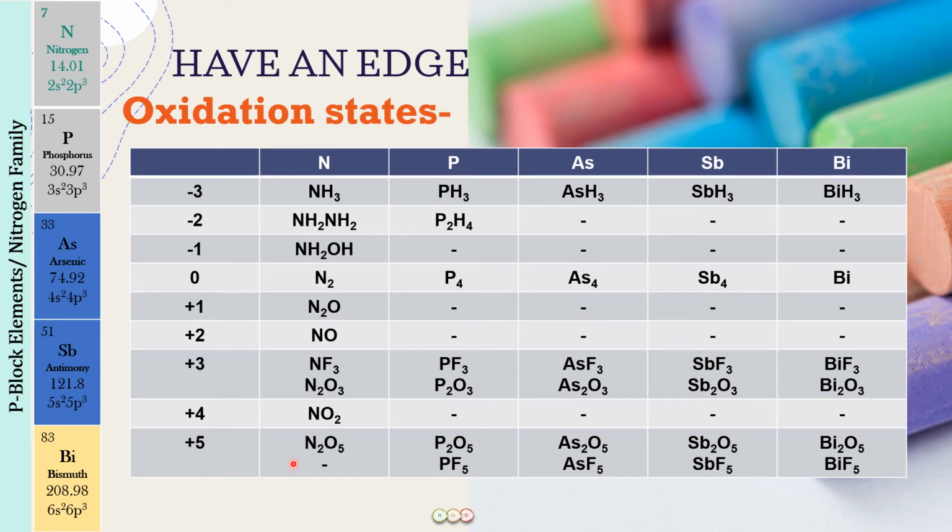Okay, now one very important thing over here: when we are going to form the compounds with fluorine, there is no nitrogen compound in the plus 5 oxidation state, because nitrogen has a maximum covalency of 4. It does not have d orbitals, so you will not find NF5. Okay, that is what you have to remember very importantly. All the rest of them form fluorides in the plus 5 oxidation state. And there also I have told you very importantly, bismuth forms a fluoride in the plus 5 oxidation state. So this is one of the special compounds that we have for bismuth in the plus 5 oxidation state.